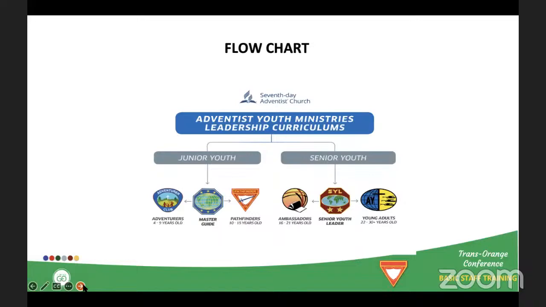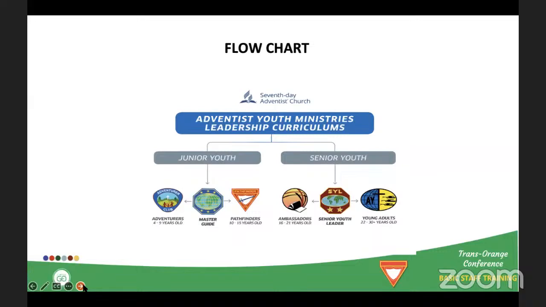I want us to look at the flow chart of the youth ministries. If we look at that flow chart, we have junior youth on your left and senior youth on your right. We need to understand that Master Guide is a leadership curriculum that we do to cover adventurers and pathfinders. We are equipped on how we can best lead the adventurers and the pathfinders who fall within the junior youth. And then on the other hand, there is senior youth leadership, which is also a leadership curriculum